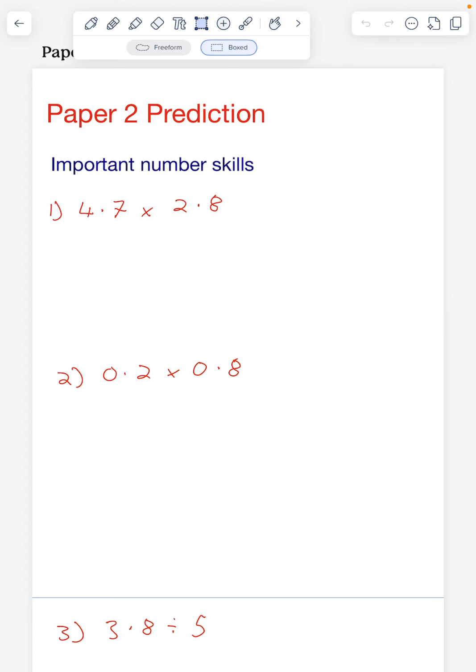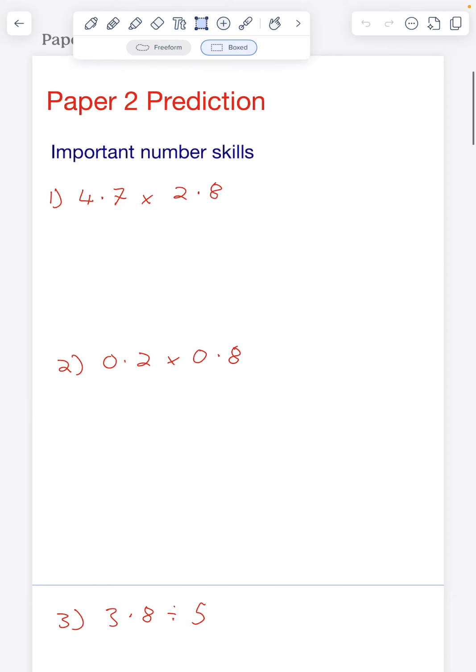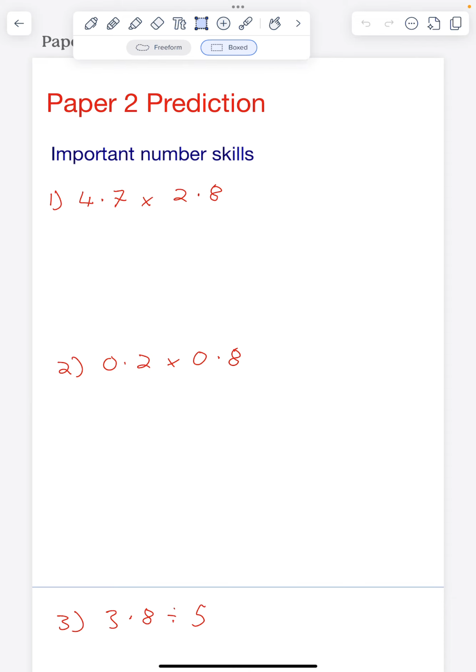Okay, welcome along to this video, and the way this is going to work is this is for paper 2 and it's for foundation, paper 2 being foundation. It's going to be like a two-part video. This one is going to be looking at the basic and fundamental number skills, so things